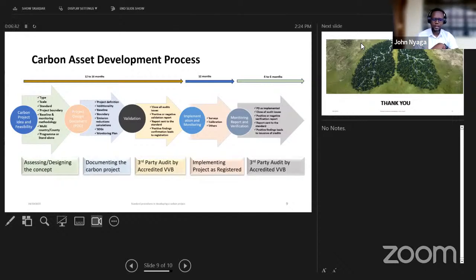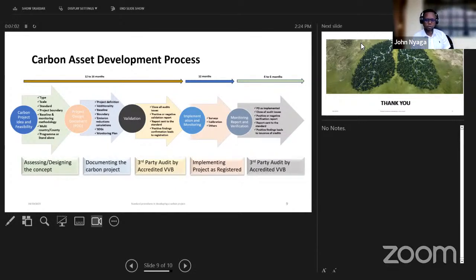And this monitoring plan is what you define also in the pre-feasibility. And after that, you can decide on the location I talked of, whether you want to be in one country, in multiple countries, in one county, in multiple counties. And lastly, you can decide, is it to be a program or standalone?